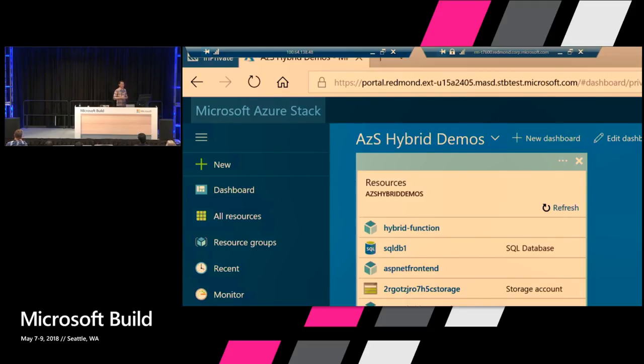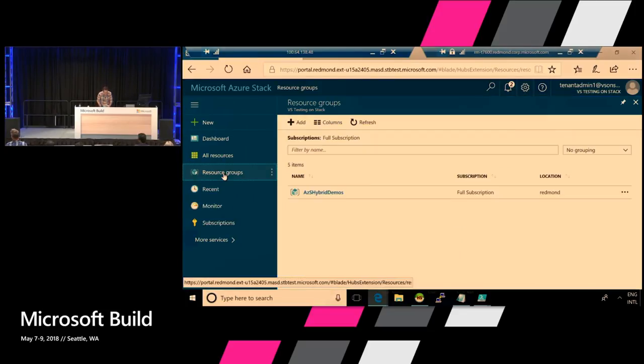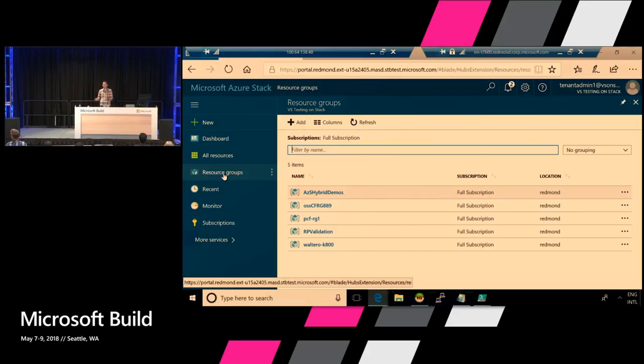Great. We look at the portal, and I could go through the portal experience, but I will save you from that. You can try yourself, or the ones here that did not try yet. So this is only one level of consistency. So let's take a look at what that means for an application developer. Right now we are looking at my Azure Stack portal, and let me look at my resource groups here. I have a few resource groups, 5.